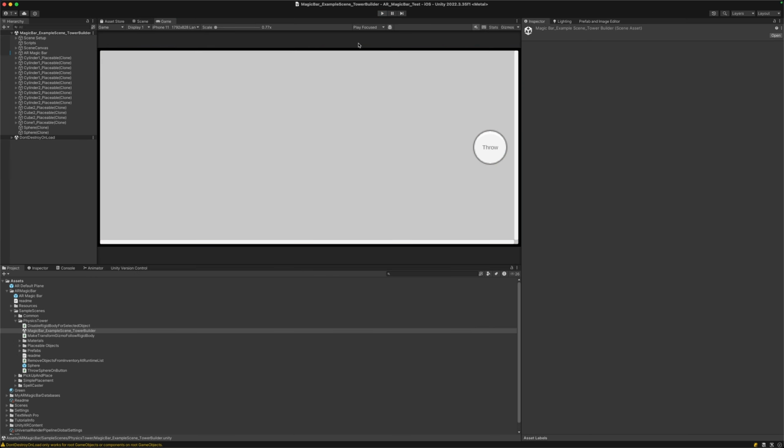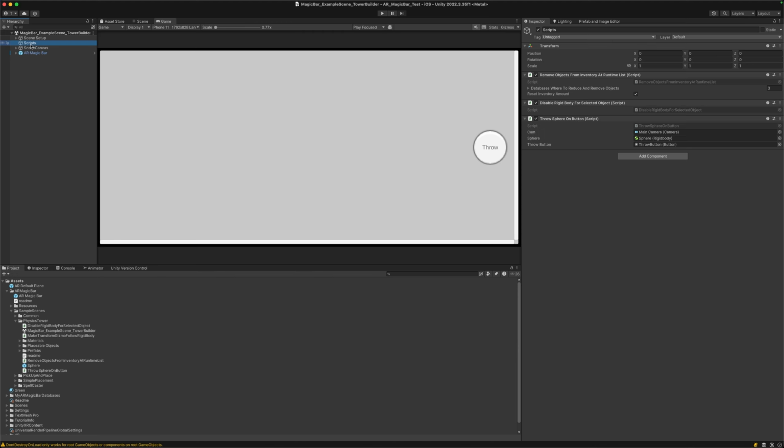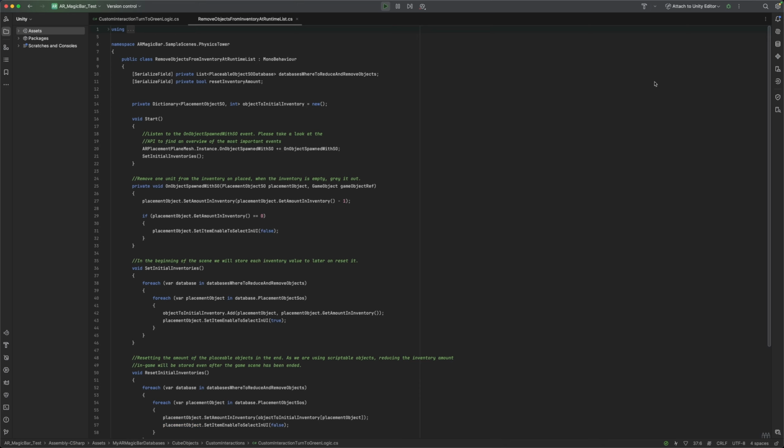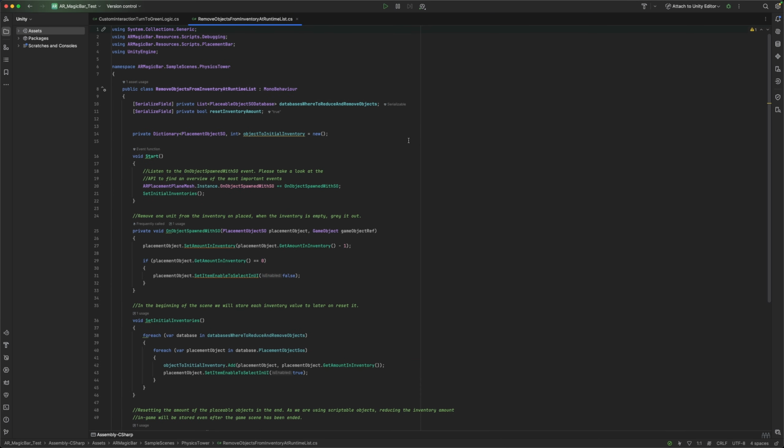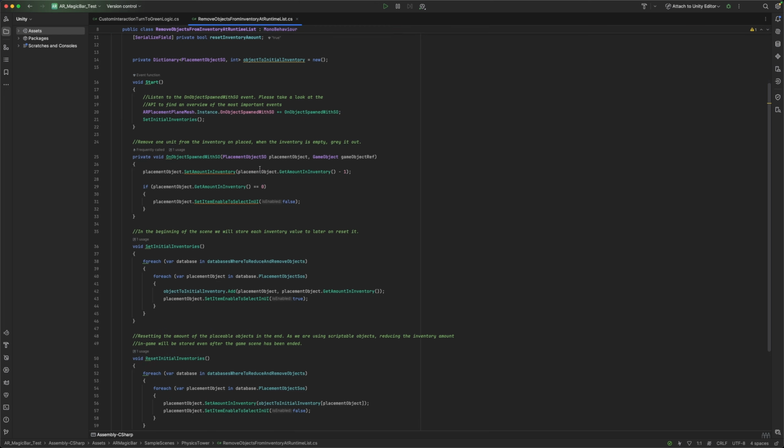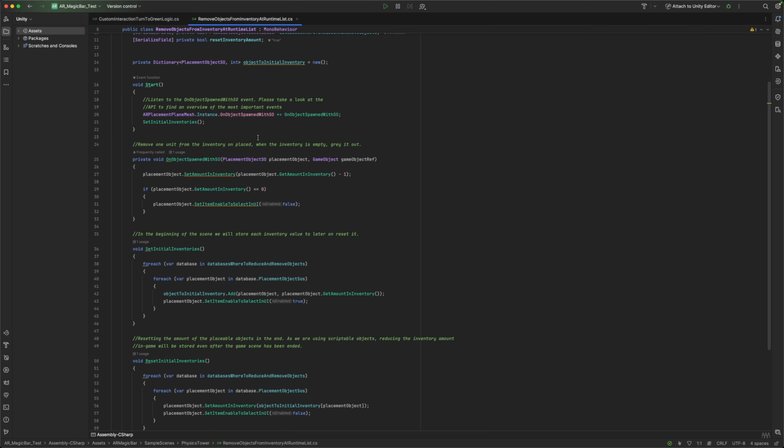So to investigate a bit how it has been done, we can click on the scripts here, and we're going to see one script. This is saying remove object from inventory at runtime. If we double click on this one, we can also see that it has a lot of comments. But what we did here is that if an object has been spawned from the AR placement plane mesh, on object spawned with SO, and basically if you want to know all of these methods and events that you